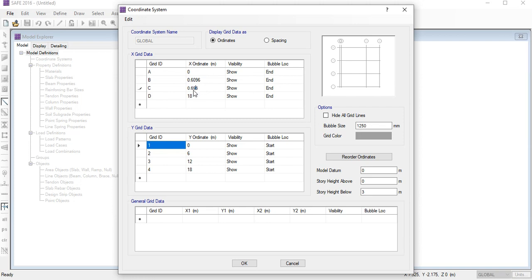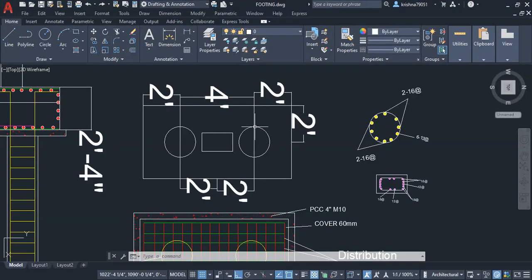Sorry, here we will put 0.6096 plus 0.6096. And for the fourth grid, that means the center of the second pile, the distance is also 2 feet.